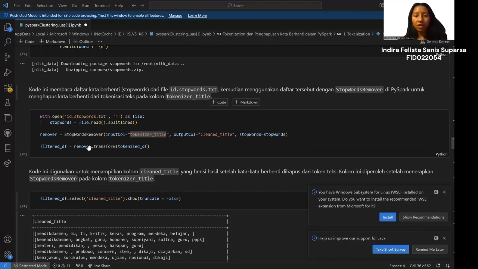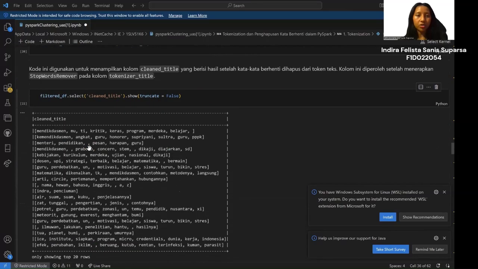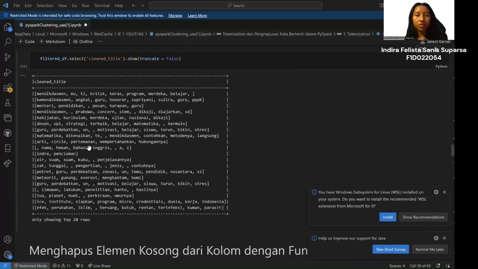After that, we can see the output after removing stop words is saved in a column named clean title. So we can see the difference before and after the stop word remover. Some words are removed, like pernah, meaning ever, and seperti, meaning like or such as.